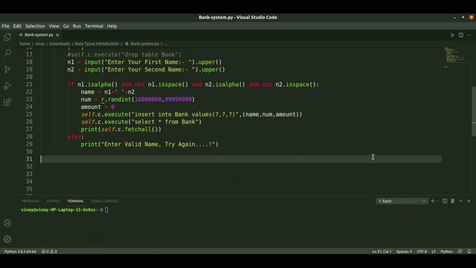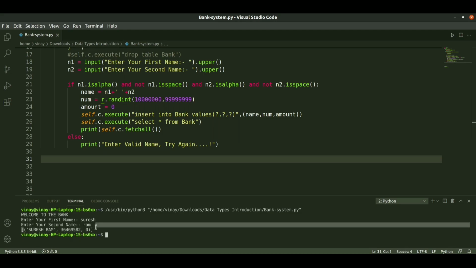I will run it again. Now the last data is not appearing, and only this new data is appearing. That is, it is fetching only the current one.